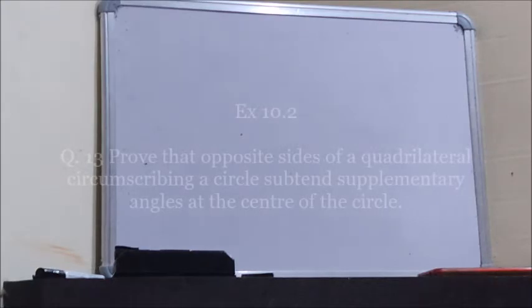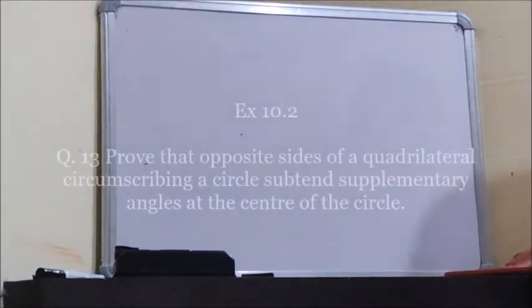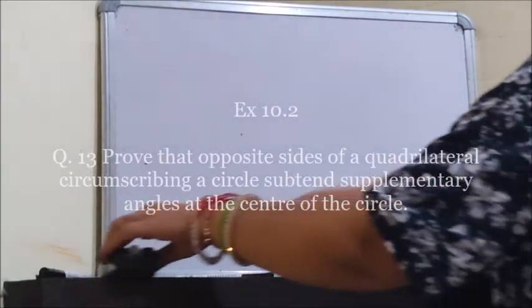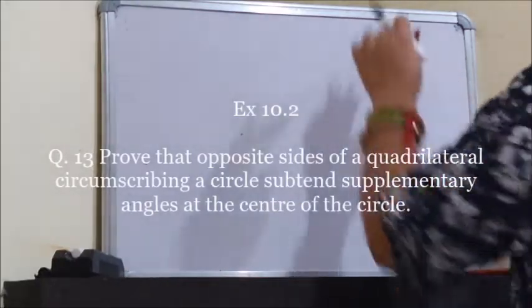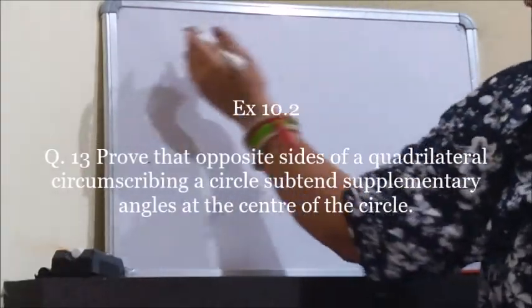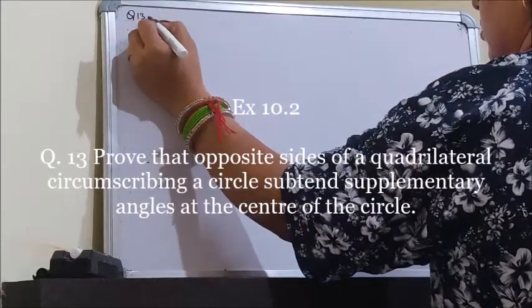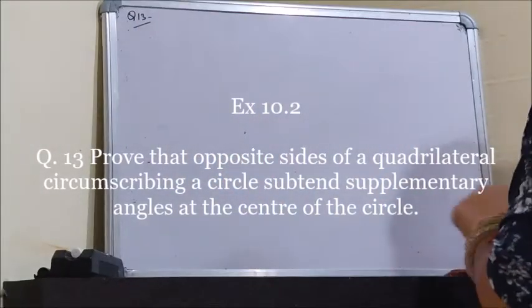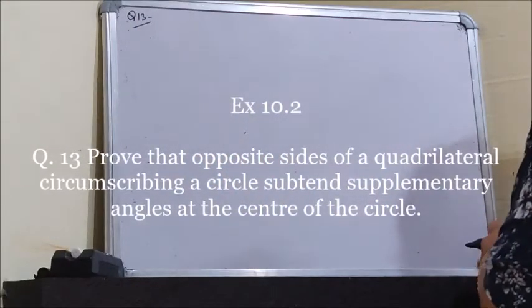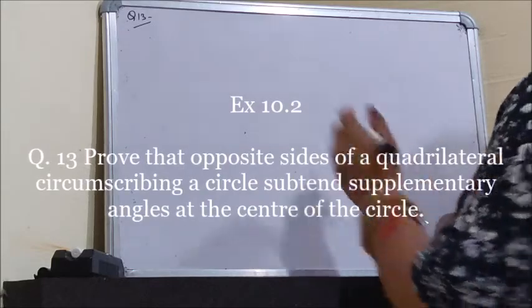Question number 13. Prove that the opposite sides of a quadrilateral circumscribing a circle